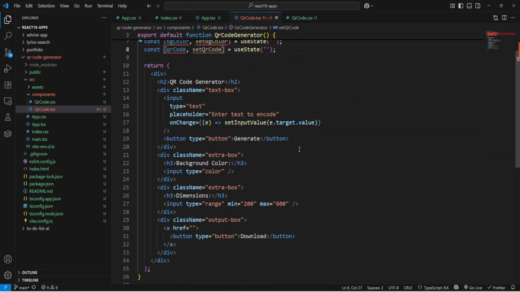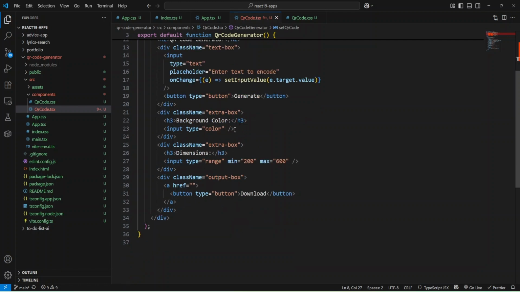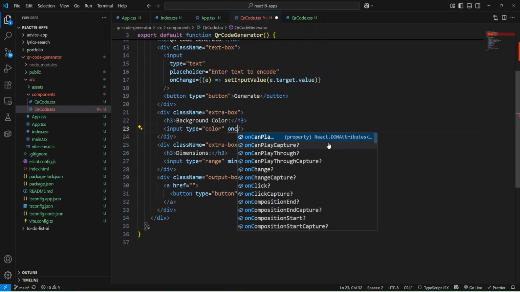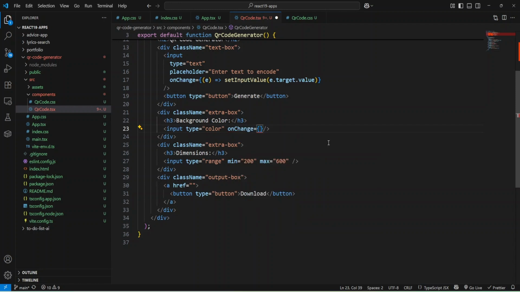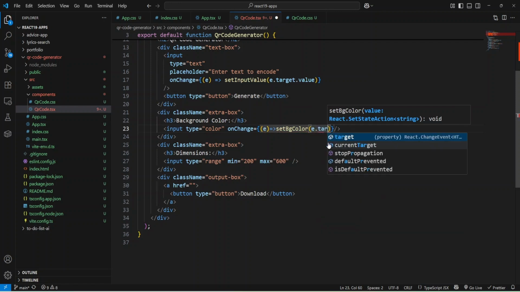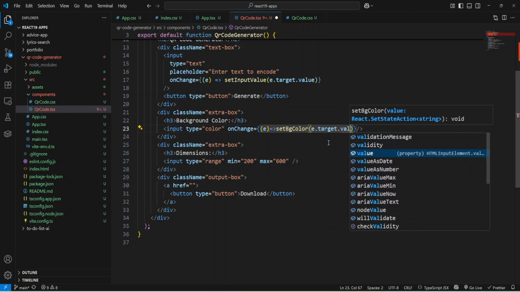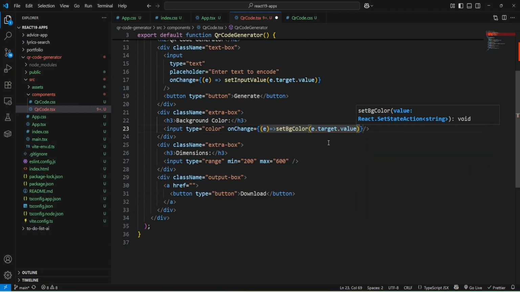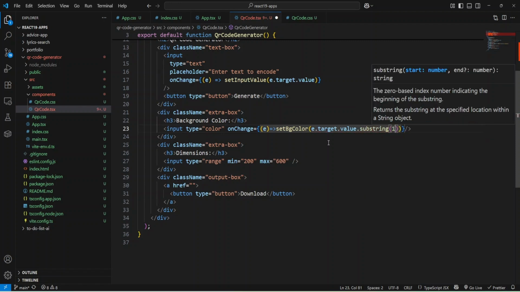Okay, and now let's add our values to our code, and for that I'm going to add an onChange event, and add an event handler to it, and use event, and I'll use that backgroundColor, and provide event.target.value, and here I'm going to use upstream 1.